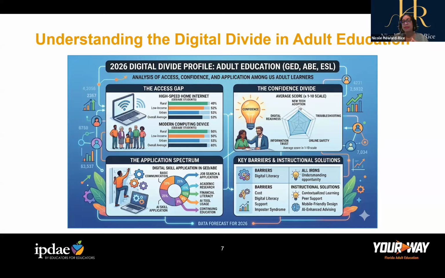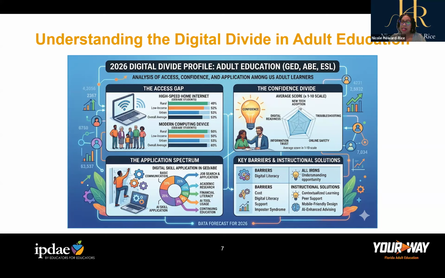What we're seeing more often than not, and throughout a lot of my research, I'm finding that learners are technically connected through their mobile devices. Almost everybody has internet through their phone. But outside of that, they don't know how to use anything other than social media. They're having great difficulty with really applying it, in our third quadrant, the application spectrum, to job search and application beyond foundational. Academic research: if you give them an assignment or project, what AI tools would they employ to be successful within the assignment?